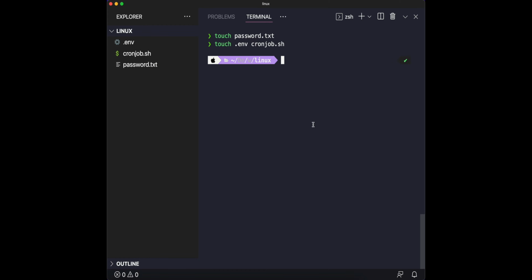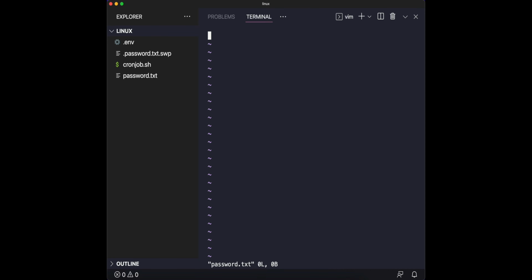Cool. Now that we have learned how to create a file, and what an environment variable file is, let's see how we modify these files, or how we add content to these files. To add content we have two options. One is vim or nano. I'm going with the former first, and then I'm going to teach you with the latter also how to modify another file. So we type vim